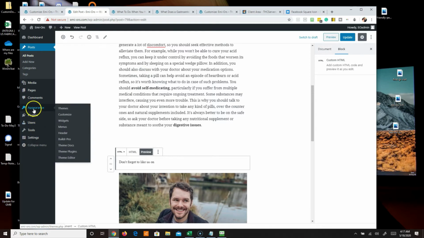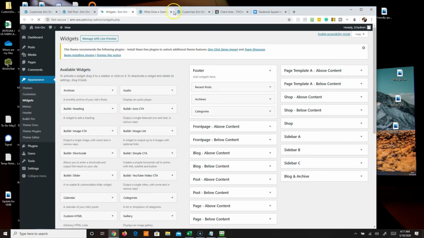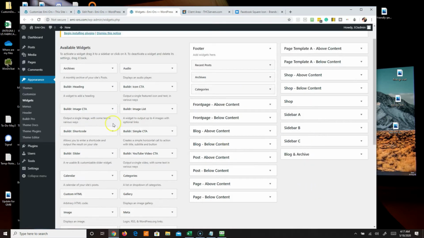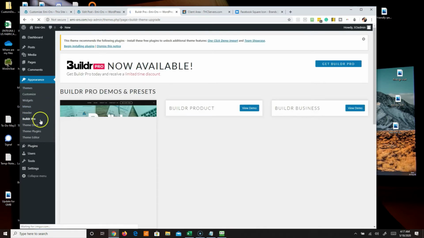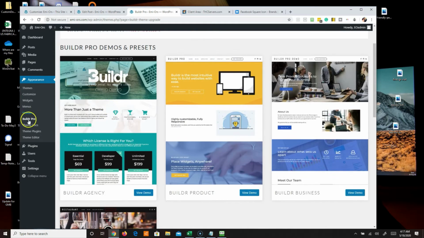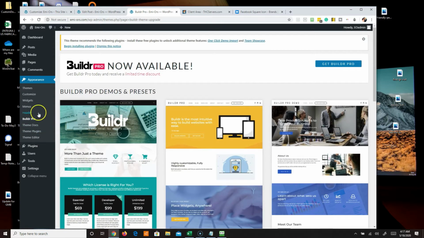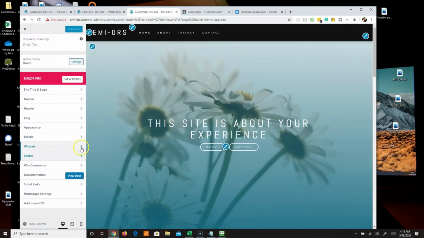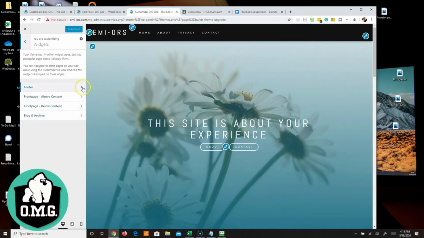So we'll go to Appearance. Let's go to Widgets. I'm going to open that in a new window here so we have it. And let's see what we got. Well, in this particular case, it doesn't actually include any of the footer widgets. So let's go to Builder Pro, which is the theme. And well, that's not going to show us what we were looking for. We need to customize access. So let's go to Widgets, Footer,